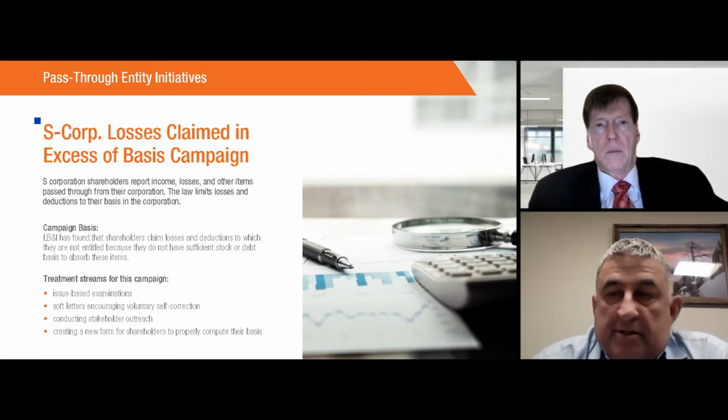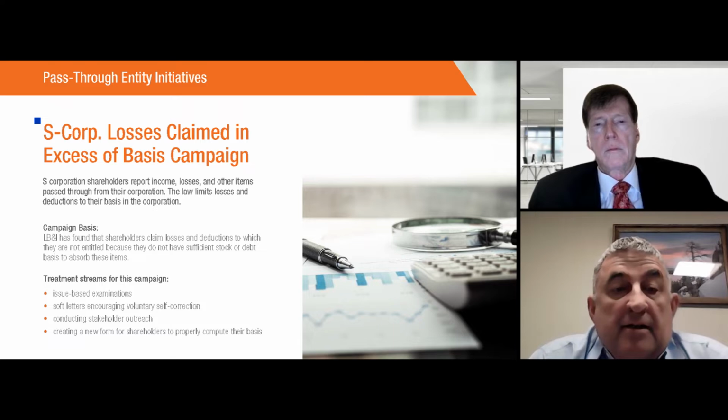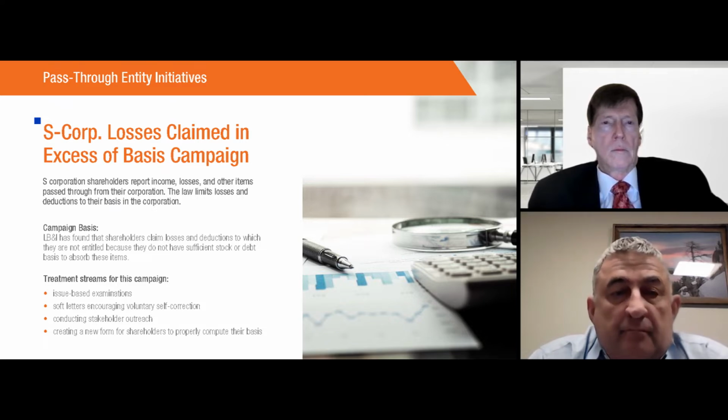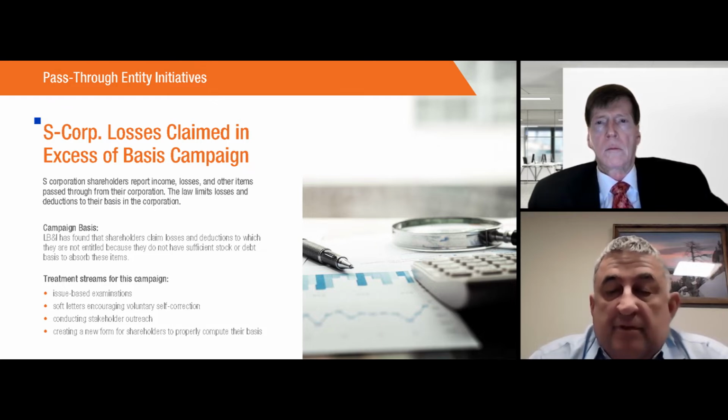And as I mentioned, S corp losses and excessive basis is a real focus this year, and that is really where these corporate formalities, tracking those loans between shareholders and S corporations, are very important. The IRS has found in many cases that shareholders claim losses and deductions that they're not entitled to because they don't have sufficient basis, just for those very technical reasons that the loans were made improperly, that credit cards were used improperly. These are things that can be prevented with just a